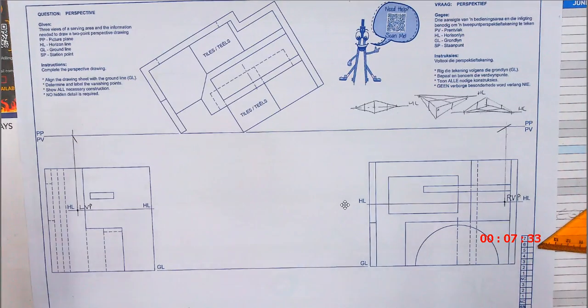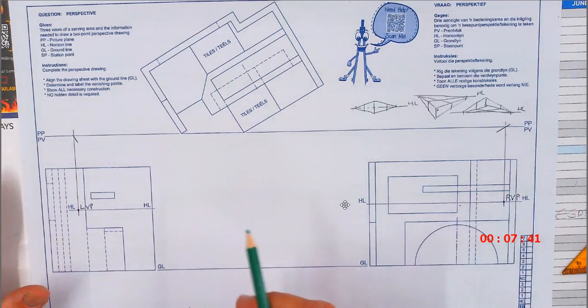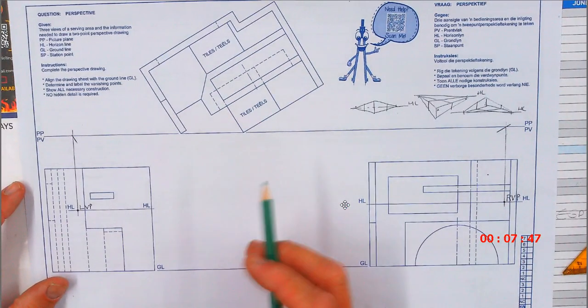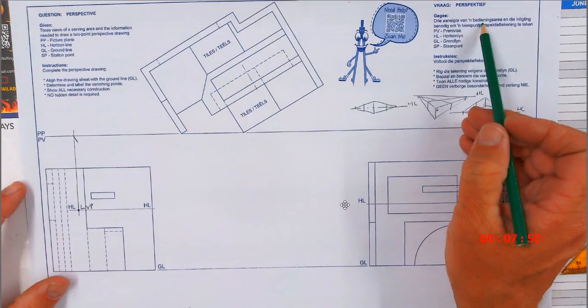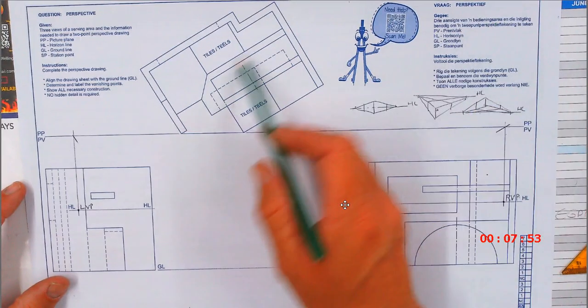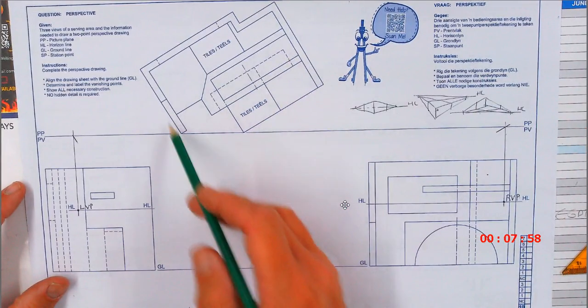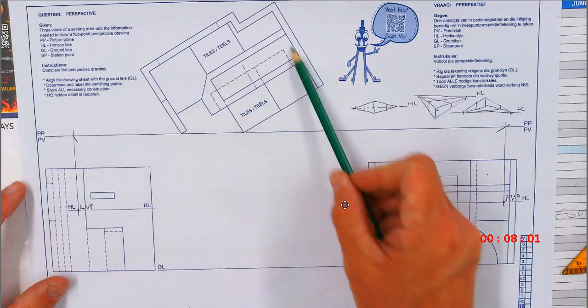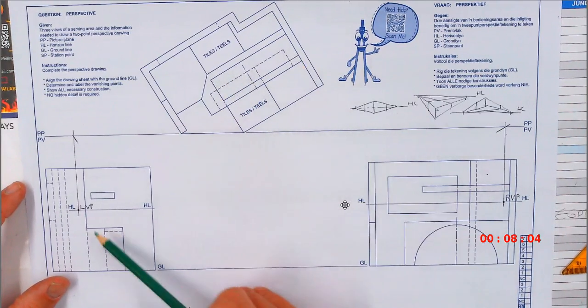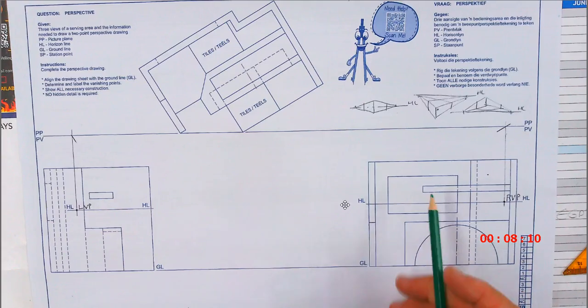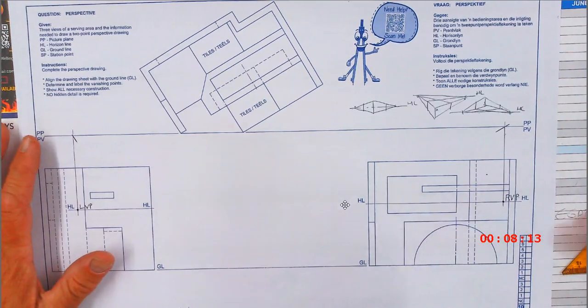Now the next thing that's going to happen here is I'm going to quickly assist you in how to tackle this drawing. First of all, I have some colors here, and it's not a bad idea to use some color here. I'm going to look at a few things because there's many things here in this drawing. It's actually not a complicated drawing, but they say it's like a bedieningsarea. It's like a serving area, almost like what you would find at a small kitchenette, or almost like a bar. This looks very much like a bar. A higher place up there where glasses could be hung, and a counter, and behind the person there's some other things there. There's like an opening here that we can clearly see. So let's start with the easy part.